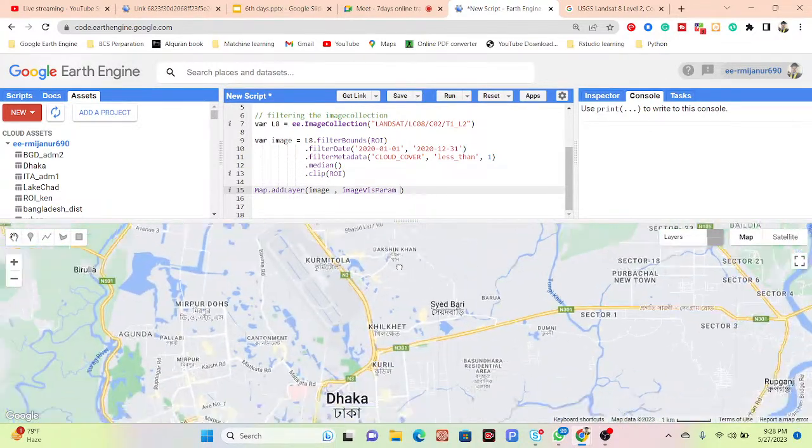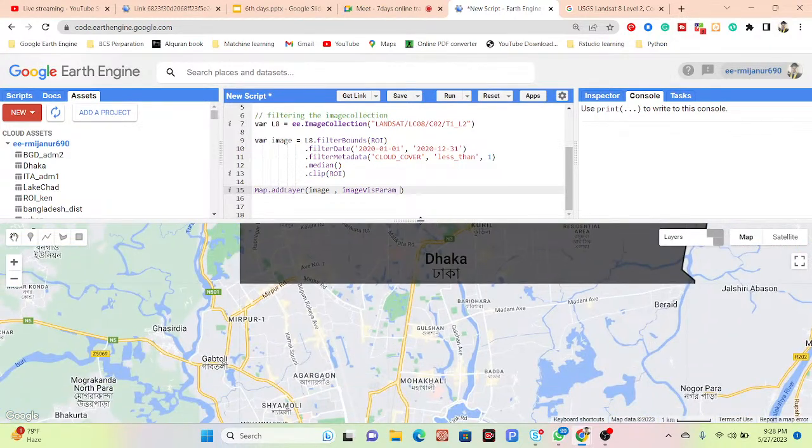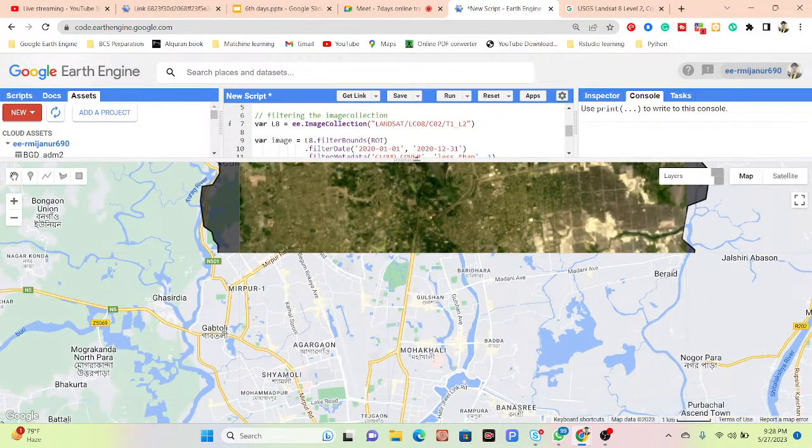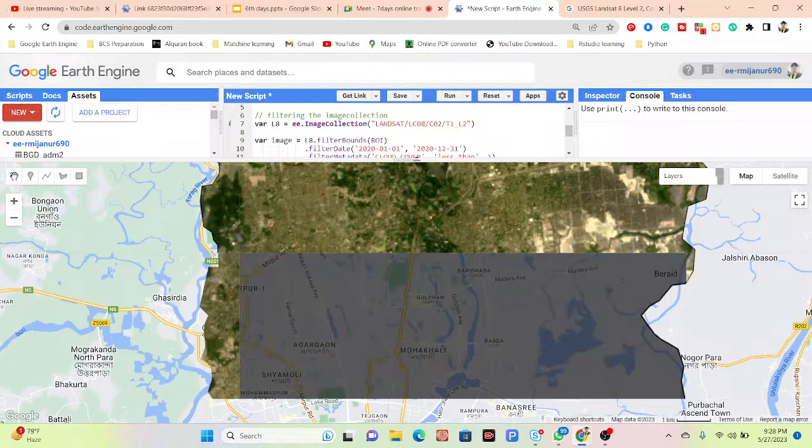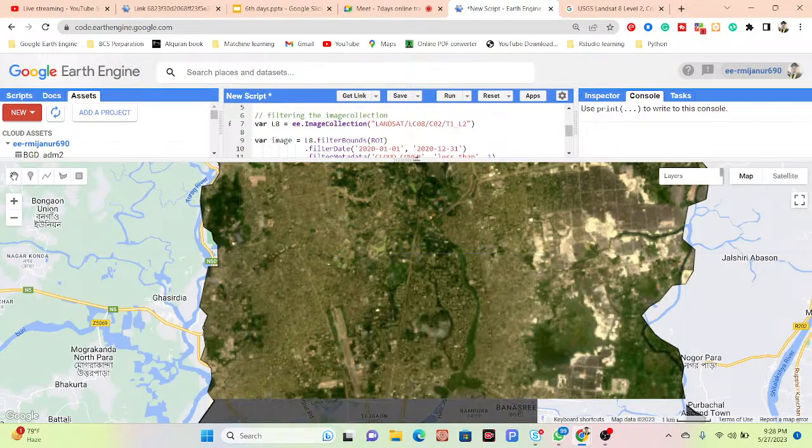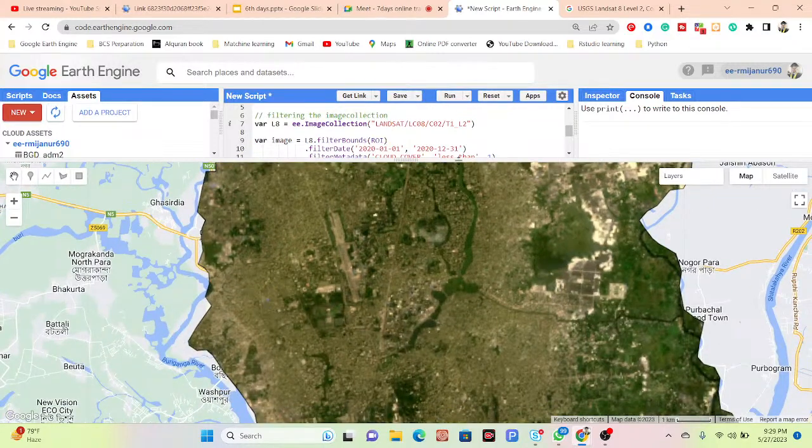From these satellite images I need to collect some training points. When you want to collect the training points, we use different types of band composition. Then it will show the different types of features easily. We can easily identify this is the built-up area, this is the vegetation, this is the water body. This type of class we can easily identify from the satellite images using different types of spectral